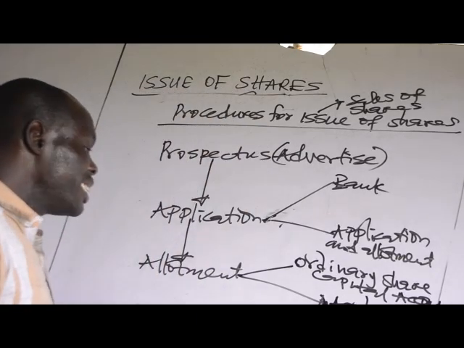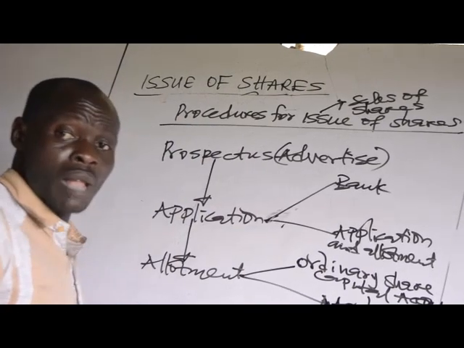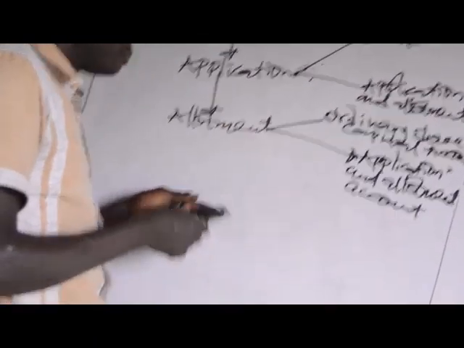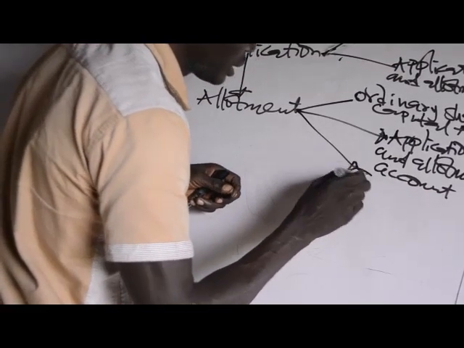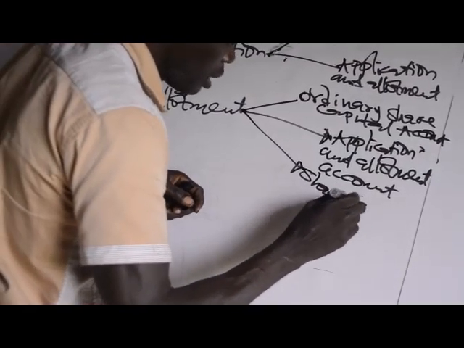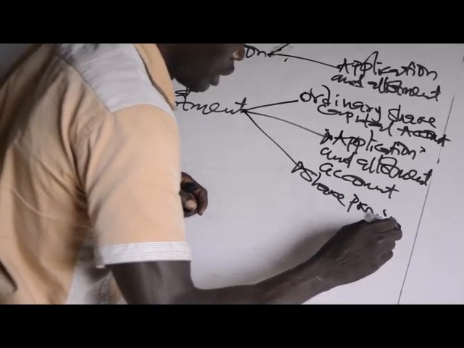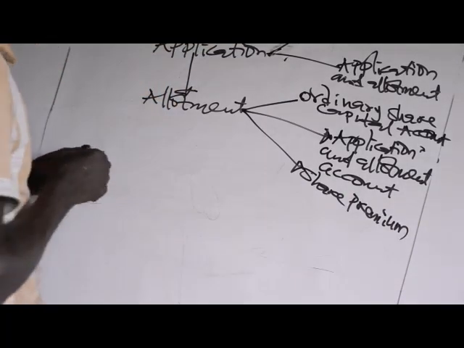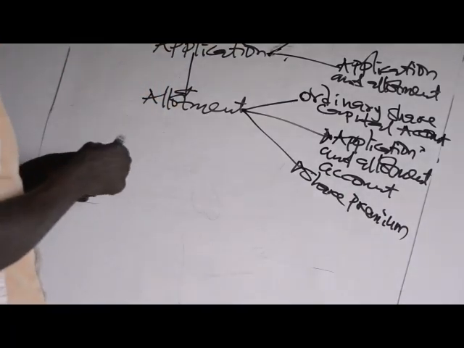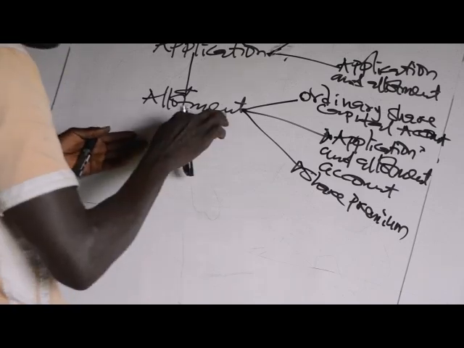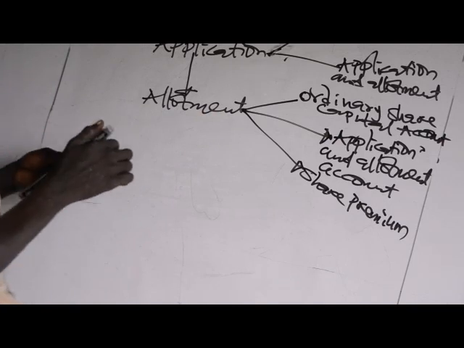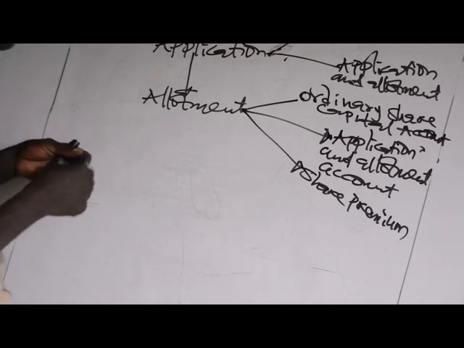And where the shares are issued at a premium, you will also need to have a share premium account. So after the shares have been allotted, that is, the shares have been distributed to the applicants,